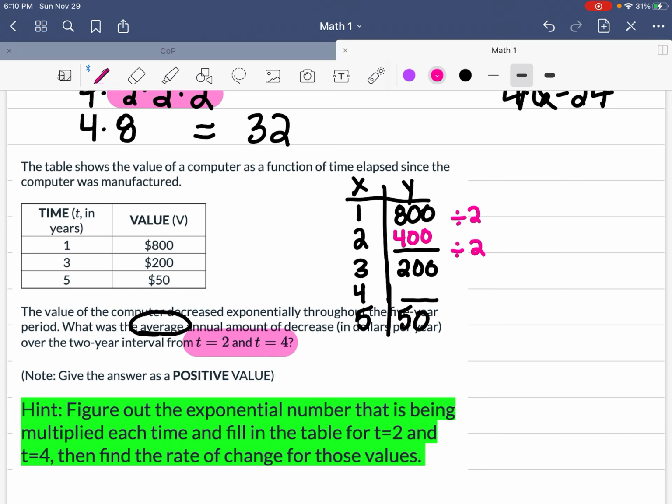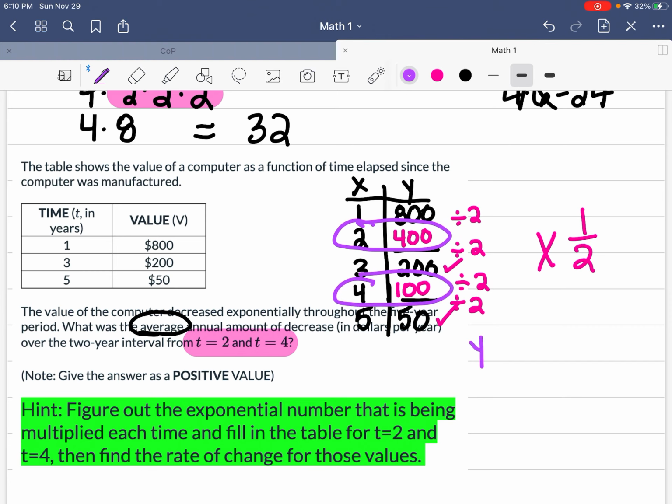Well, if I divide 400 by 2, that gives me 200. That's right. So then if I do this again, divided by 2, that's going to give me 100. And then if I divide 100 by 2, then that's going to give me 50. So we actually are dividing by 2 each time or multiplying by 1/2. But the great thing about this is I now have my 2 and my 4, so I can do my